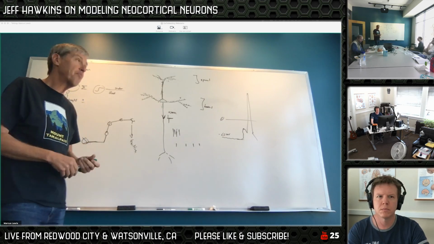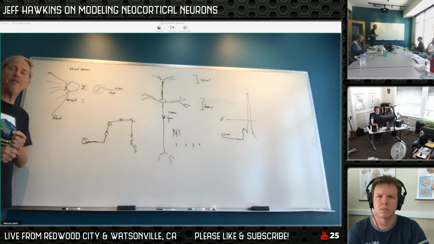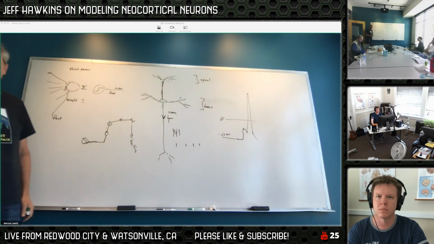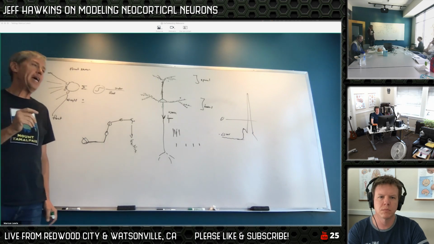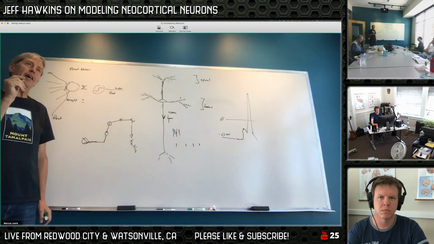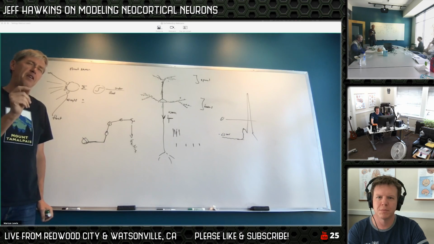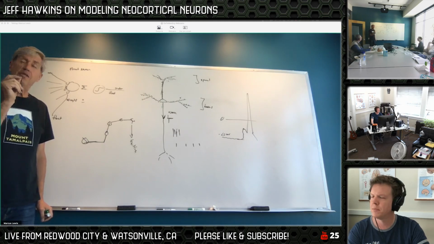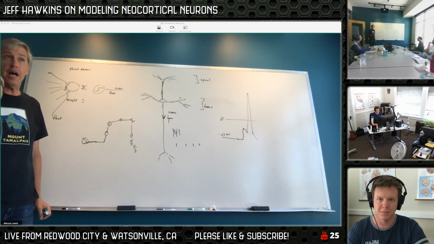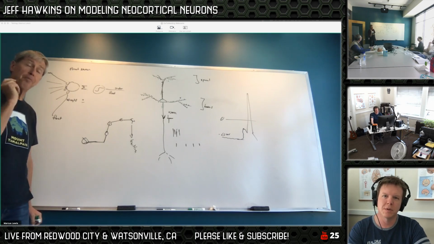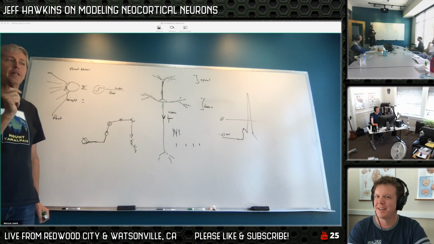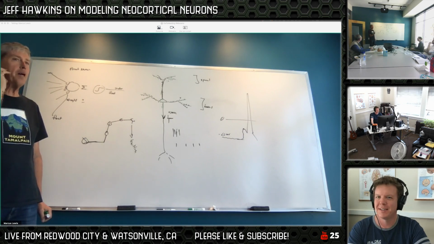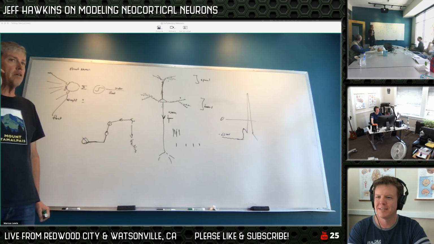And I have this thing I do at night sometimes. I don't know if anyone else does this, but I sleep with my head on the side. Often the pillow is pushing up against my ear, and I can hear, hear me out on this one, I can hear the individual spikes going to a muscle in my jaw. I don't actually hear the spikes. I hear the muscle. But it's a very clear rate coding. I can go up and down by tensing my jaw over and over again. I can hear the noise, but I was assuming it's like